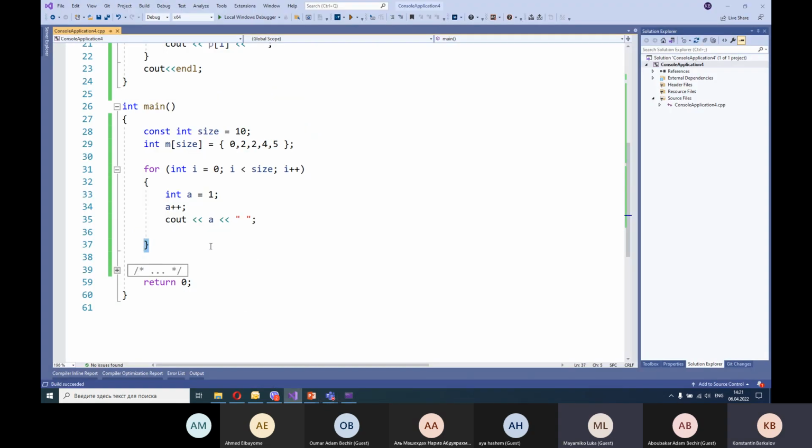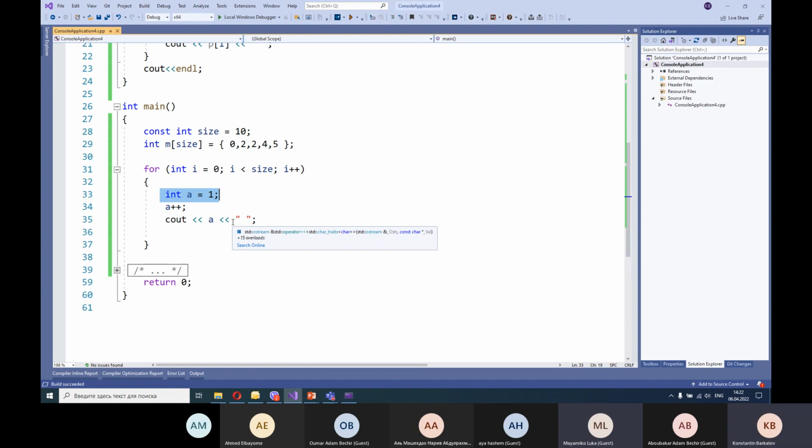When we have such a loop, this initialization in line 33 will be executed at every iteration of the loop. A becomes 1. Please remember it. When you declare an outer variable without any memory class, this variable will be initialized